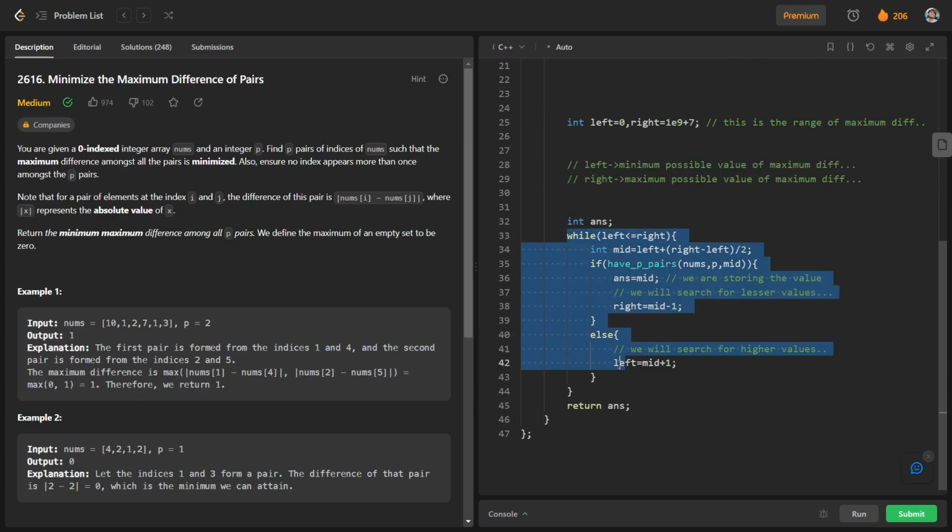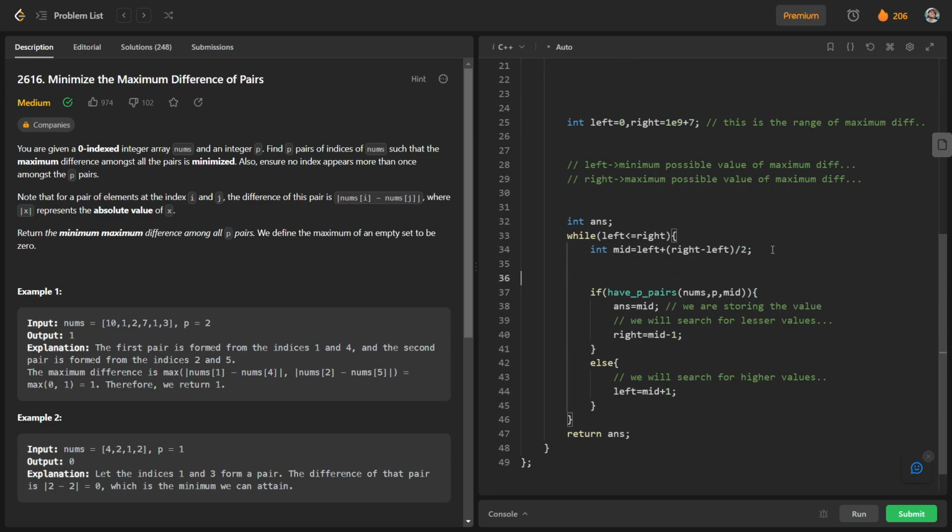Coming back to our binary search part, you can see that we have made this mid. Mid is nothing but the maximum difference. We are just checking for this mid whether we can have p or more pairs or not.